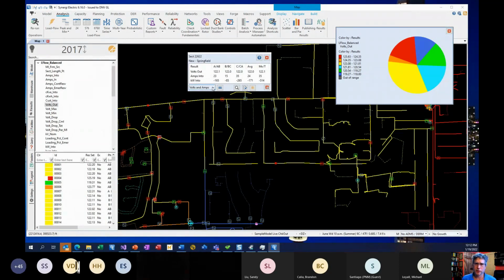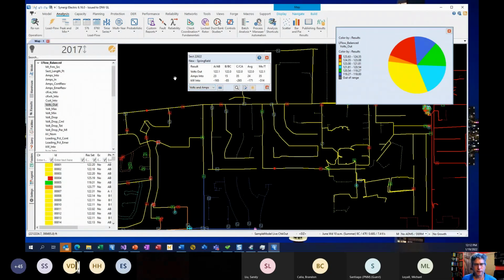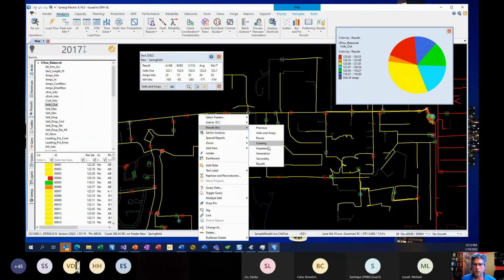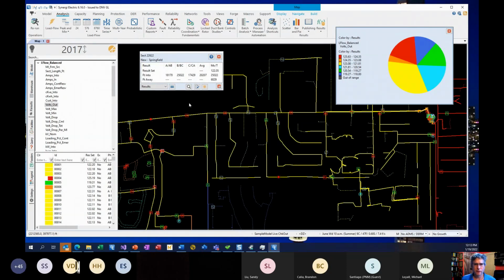You'd get the box, and then you'd have to drop this down and pick the result you want. So now you can do it in a single step. It's a simple thing, but I think it saves a lot of time, and it also saves me the distraction. I can just not even think about putting up a results box and stay focused on what I'm trying to do. And then you may have seen that there is a result box, and so if you do that,